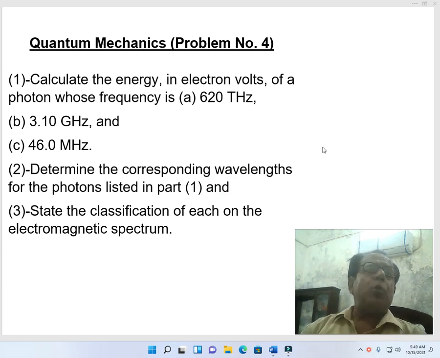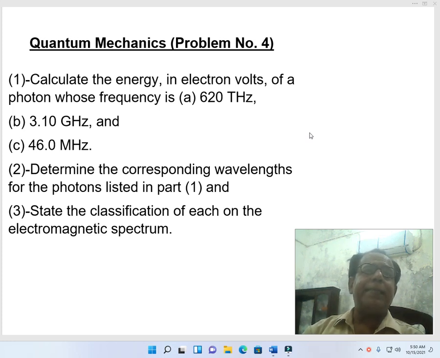This is our next module, problem number 4, quantum mechanics. First we come towards its statement. It has 3 parts. First part is calculate the energy in electron volts of a photon whose frequency is